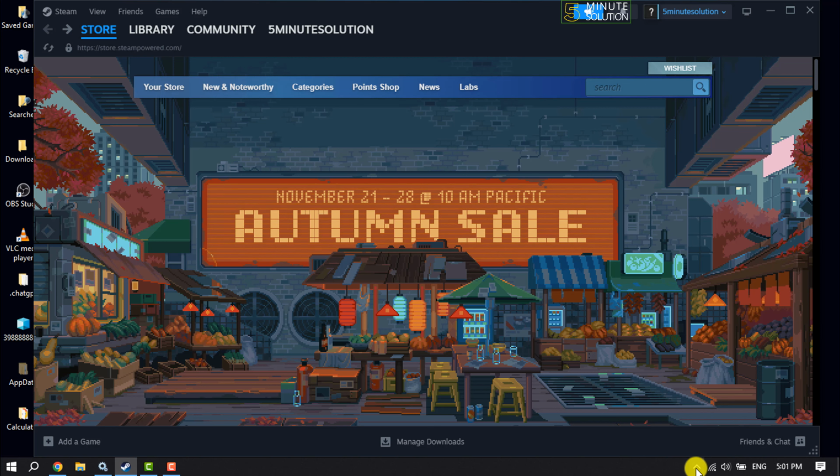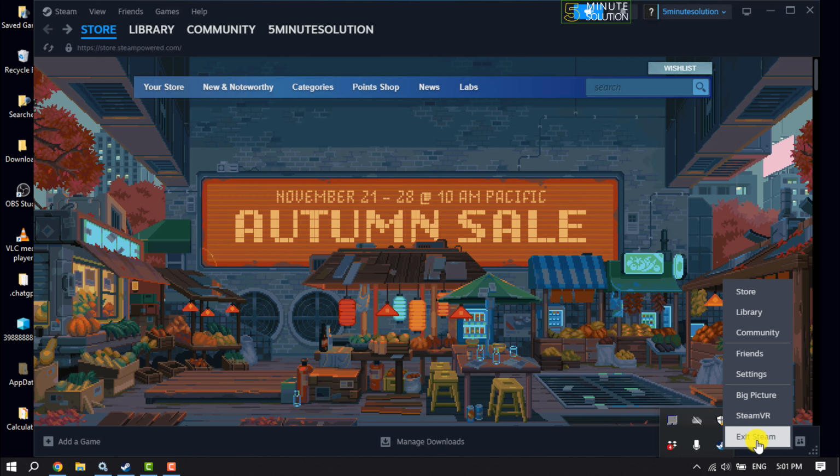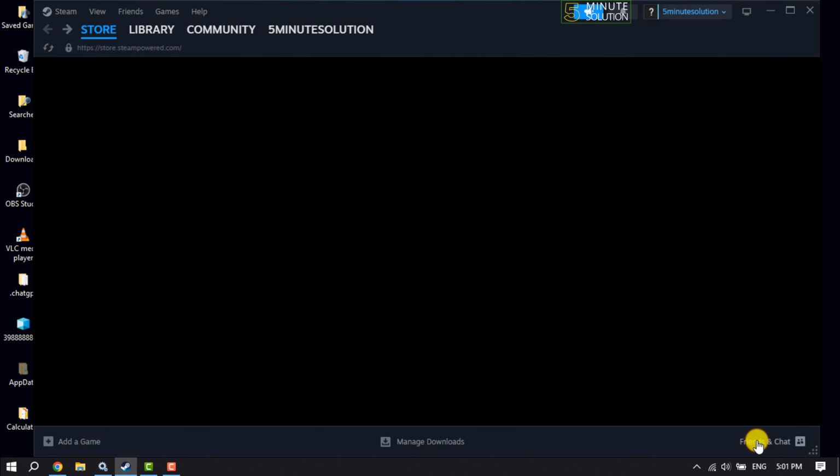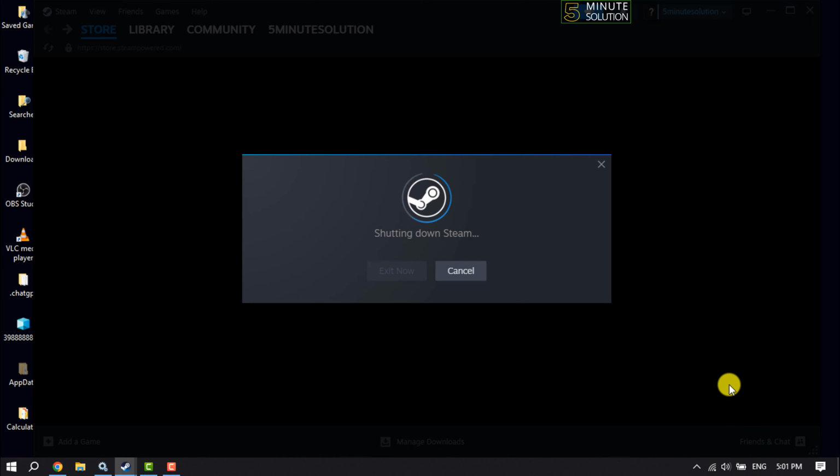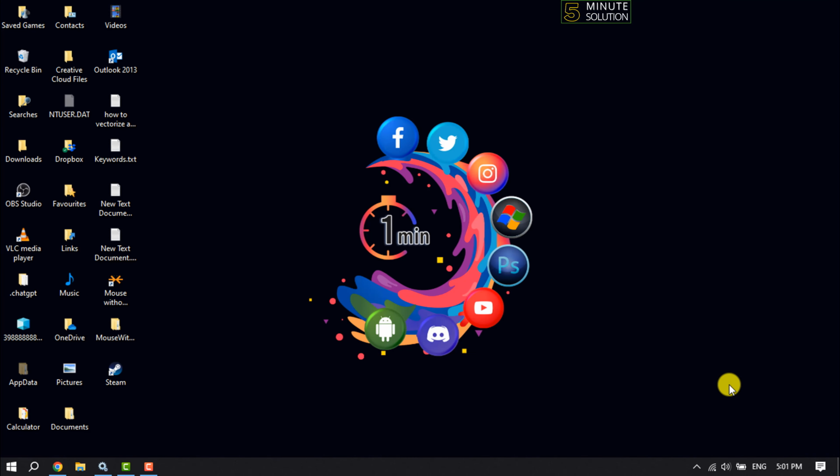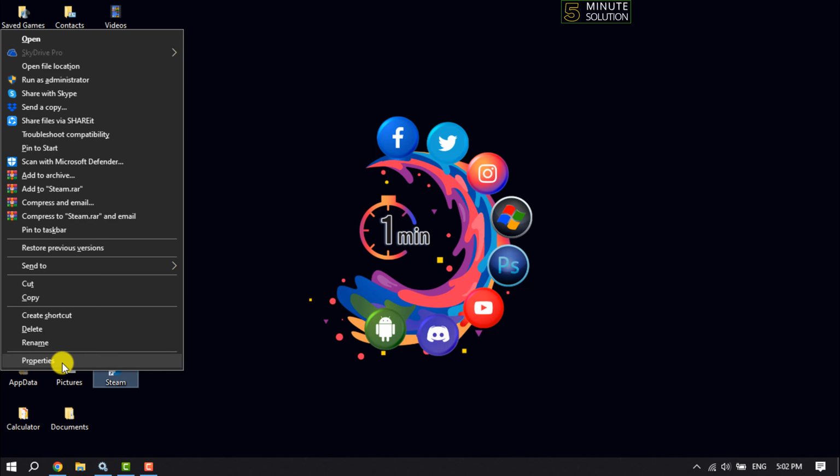To do that, click on this icon, right click on Steam and click on exit Steam. Once the Steam closed completely on your desktop, right click on Steam and click on properties,